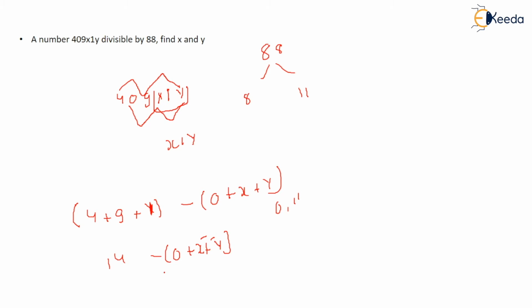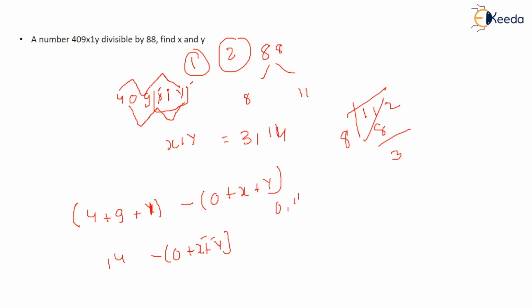Okay, now you have to check similarly for 8 as well. What numbers should come here and here so that this satisfies the condition for 8 and 11? You think of a number: you find 1 and 2 as the other numbers. 112 I find. So, is it divisible by 8? Yes, it is divisible. So I find that the x value can be 1 and the y value can be 2. Okay, this is how I can find it.